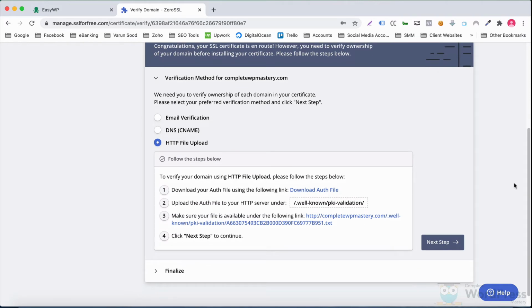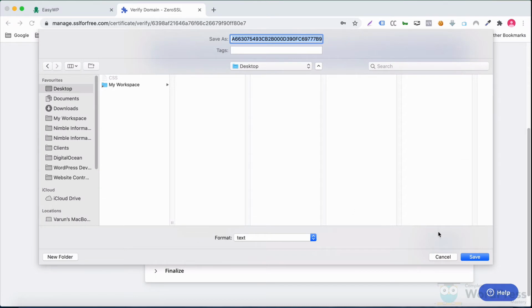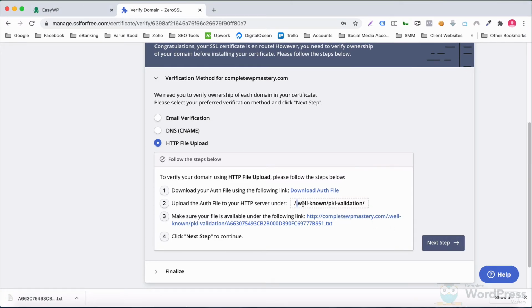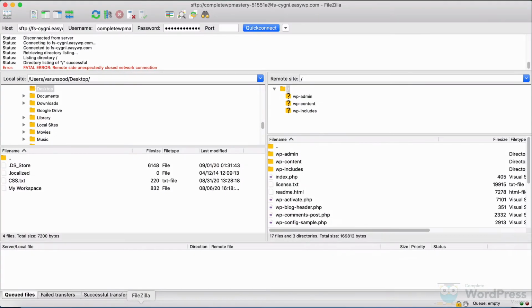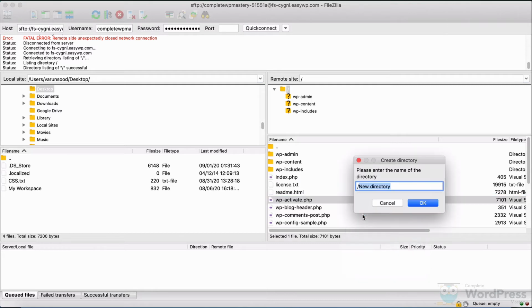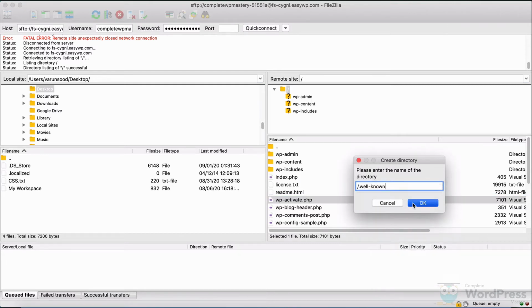The first step is to download the auth file. Next, we need to upload the auth file that we just downloaded to our web server under these directories. So let's first create the directory .well-known.